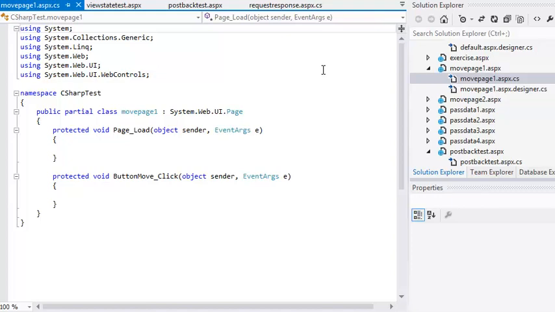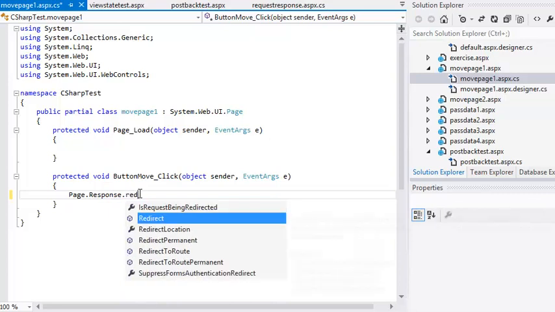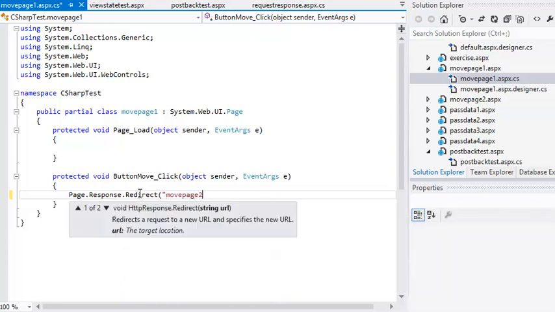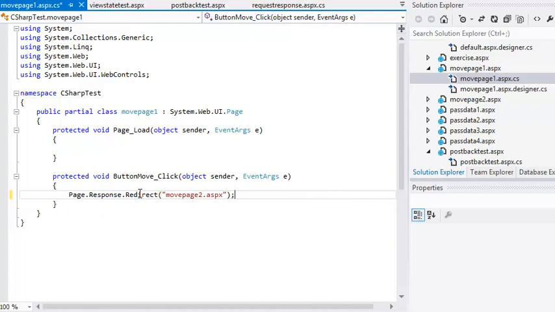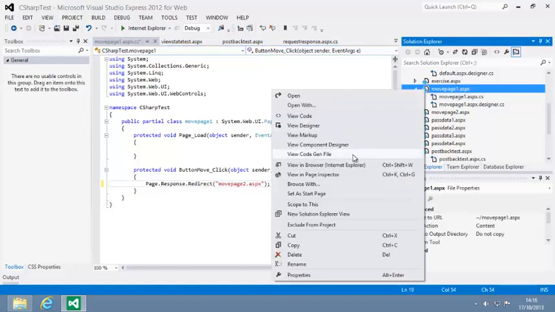Add the following code to the button move click event handler. Page.response.redirect movepage2.aspx. Now view movepage1.aspx in your browser. And click the button. Notice that the web browser's address bar shows that you are now on